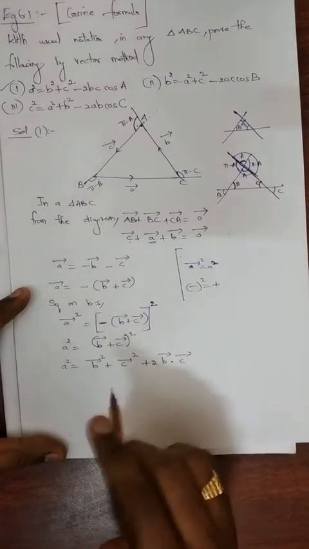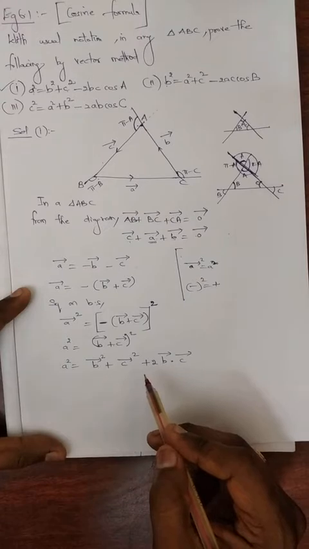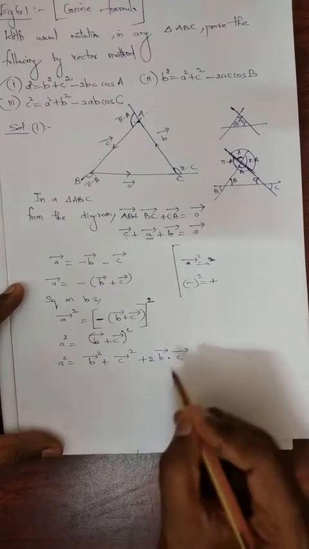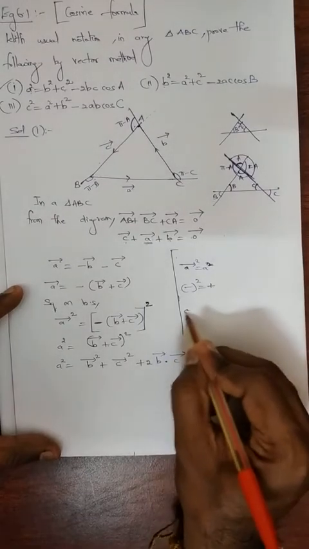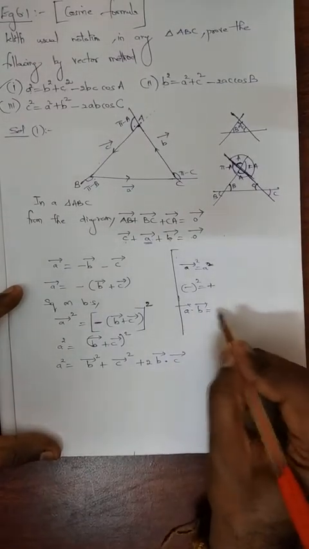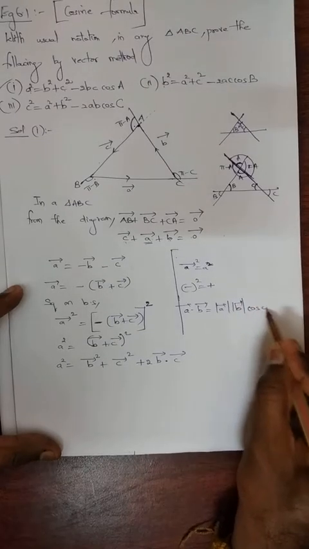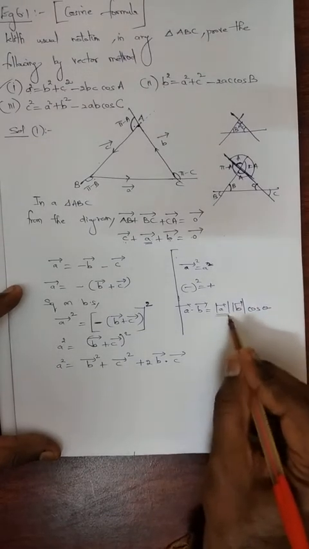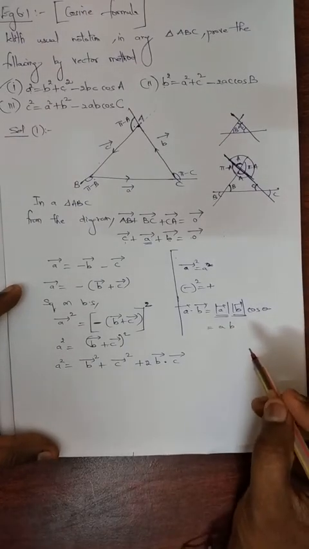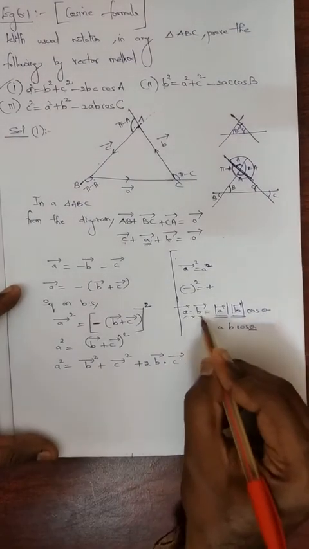Now I want to place a dot. You should not write general multiplication, that is ordinary multiplication, B vector C vector. You need to place a point, B vector dot C vector. You know one general formula, A vector dot B vector is equal to modulus of A vector, modulus of B vector and cos theta. This modulus of A vector I can write as A, modulus of B vector I can write as B, and I can write cos theta. This theta is the angle between A and B.